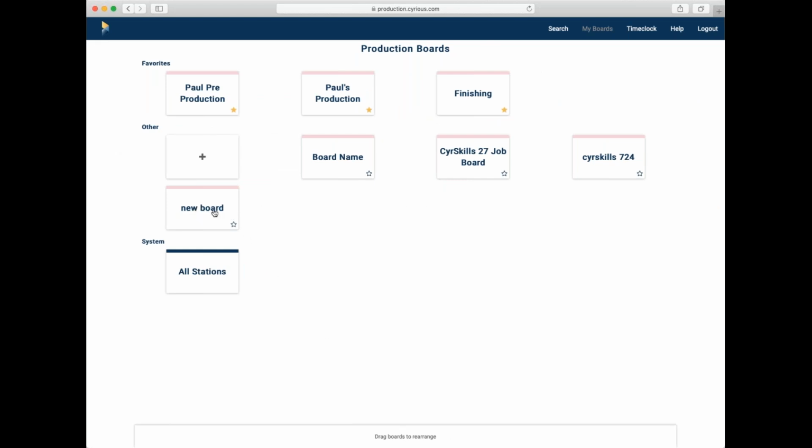Here's the new board that I just created. Right now, it's just there in that other category. But if I wanted to make it a favorite, all I've got to do is drag it up there. Okay. Now let's pause here to see if we have any questions to this point. No questions, Paul. All right, so now using job boards,